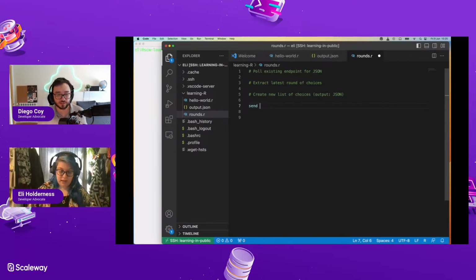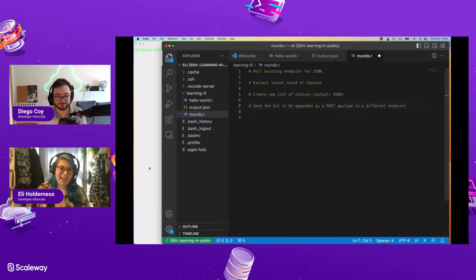Adding just a new send. So send the bit to be appended as a POST payload to that endpoint or to a different endpoint? To a different endpoint, which you will give to me, I'm guessing. Yes. Fabulous. Okay, so that is what we're doing here.